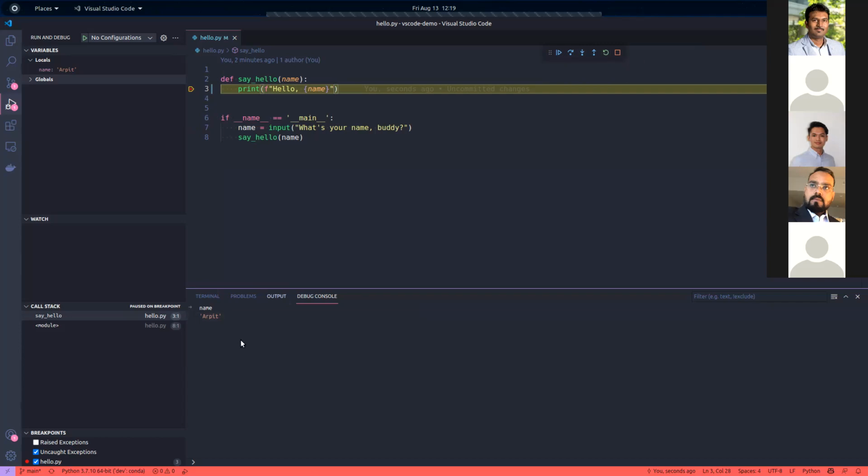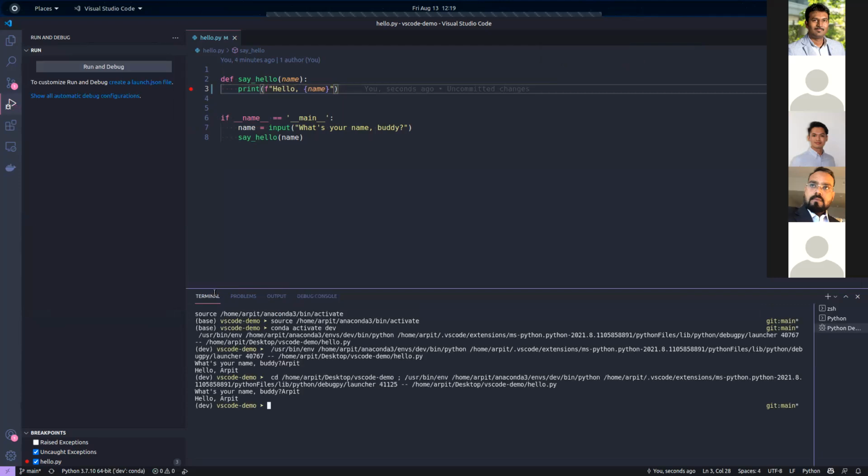So I'll just do a step over. What it does is it goes to the next point. Since this was the last line of my code, it completed the execution and printed hello Earth. So I can see that there was some issue after this line. Once I have detected my issue in this line, I know that there's a missing exclamation mark here.